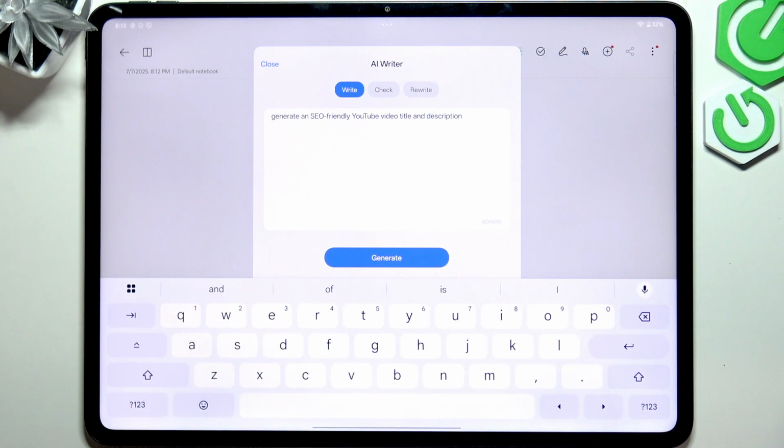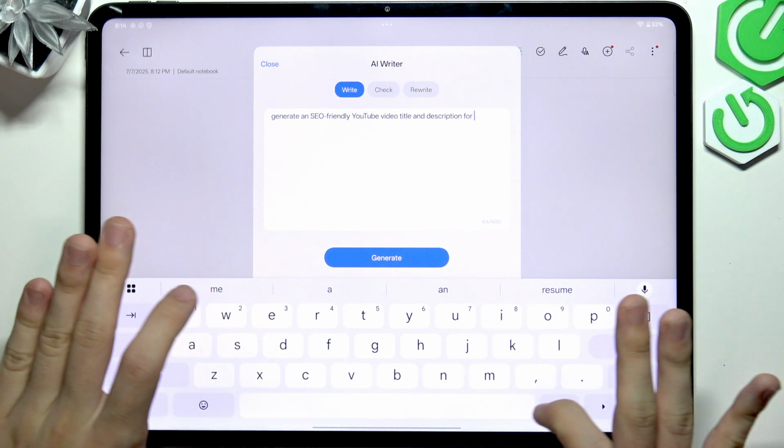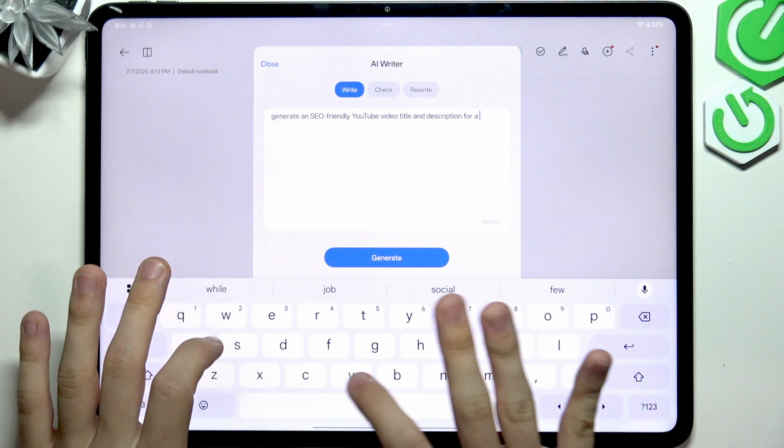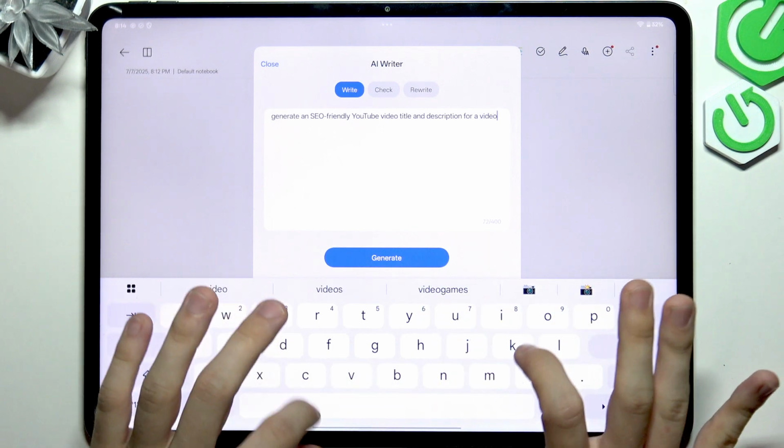If you have any sort of a template or just a certain layout of the description, you can describe it here. Like, for example, the first section of the description should be something, then the second one should be something else, and so on. Feel free to describe it. I'll just make it simple. And let's say for a video titled